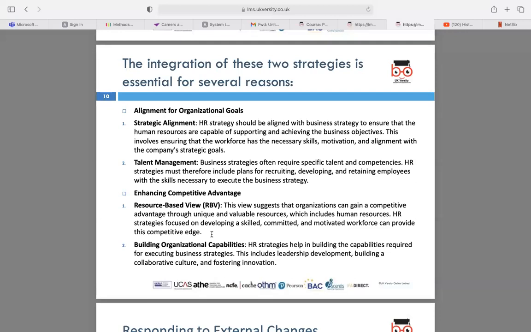Then we're looking at how we can enhance competitive advantage. We spoke about the resource-based view already. So again, resource-based view essentially means that what all resources we can already use and exploit to achieve competitive advantage in the future. And we can also look at developing a skilled and more committed workforce because of that, because we are looking at our resources and looking at how we can help them better, and how the resources already that we have can give us more profits per se in the end.